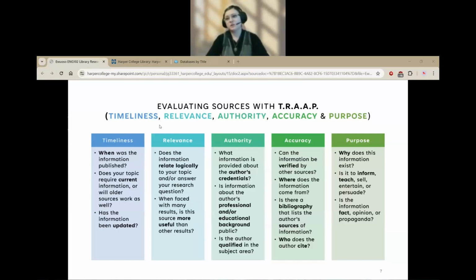Where does the information come from, right? Is it a study through an organization or something like that? Is there a bibliography or works cited that lists the author's sources? And who does the author cite? So having citations is a great sign, but don't just see citations and say, okay, awesome, they cited people, they're good researchers, check, done. Take the time to read who they are, because some